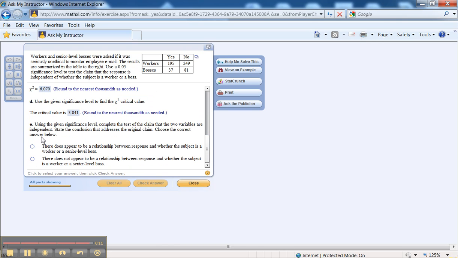And it says, using the significance level, complete the test to claim that the two variables are independent. State the conclusion. So we have a couple choices, and we would click